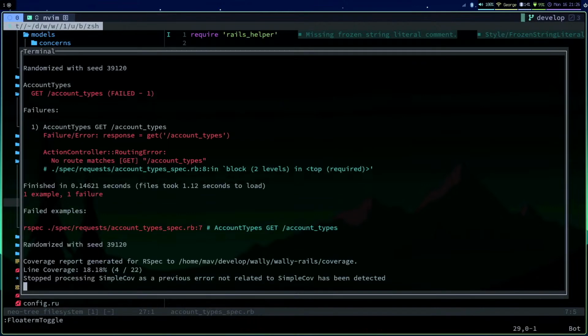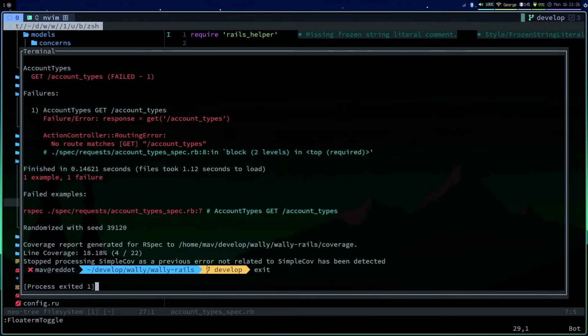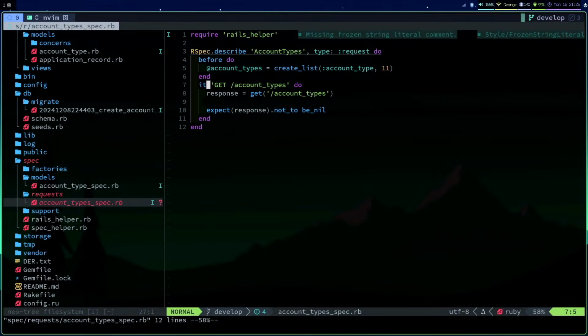Yeah, that should work for now. And it fails because we don't have the route. There we go: No route matches GET /account_type. So now we can go to our routes folder,